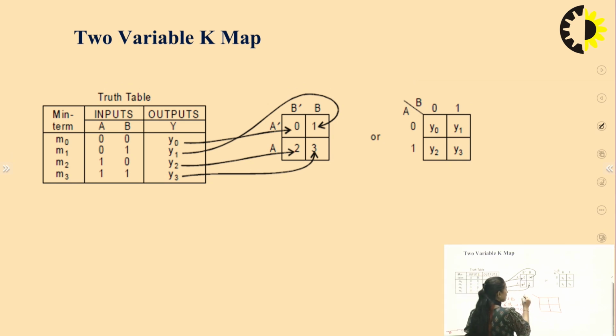Now here I'll have possibilities for AB, right? Here I can write possibilities for A, here I can write possibilities for B. So A will have 2 possibilities, either 0 or 1. B will also have 2 possibilities, 0 or 1. This can be represented as B bar, this can be represented as B, this can be represented as A bar, this can be represented as A. So if I summarize this, here it will be A bar B bar, here A bar B, here A B bar, and here AB, right?